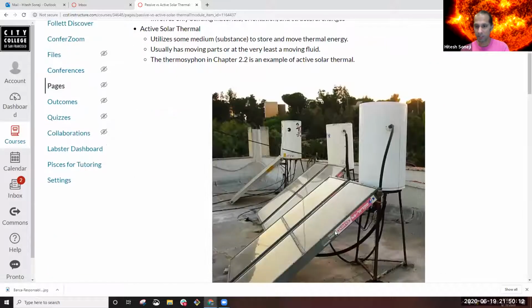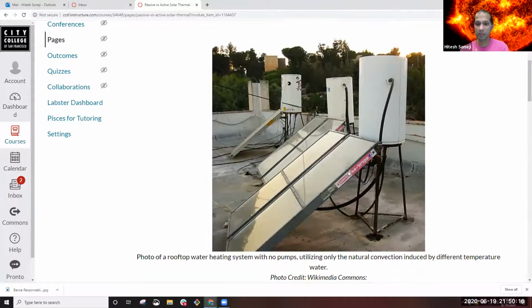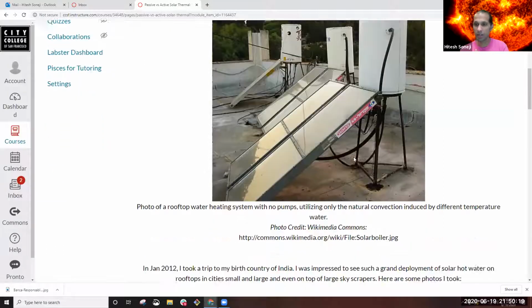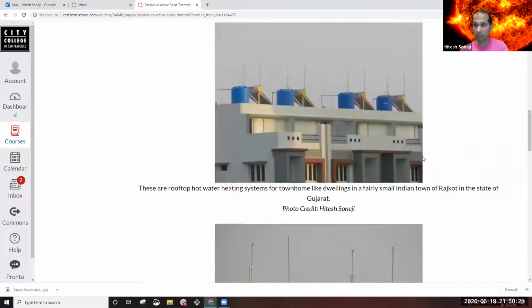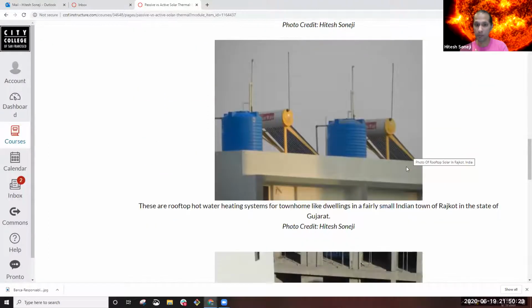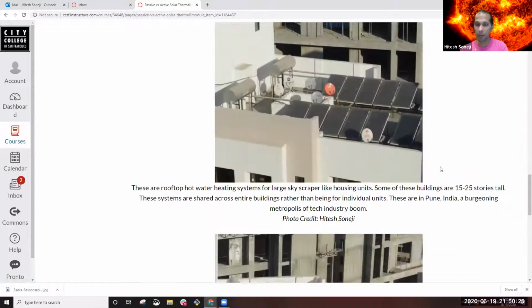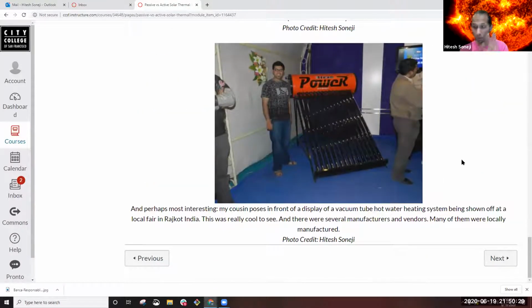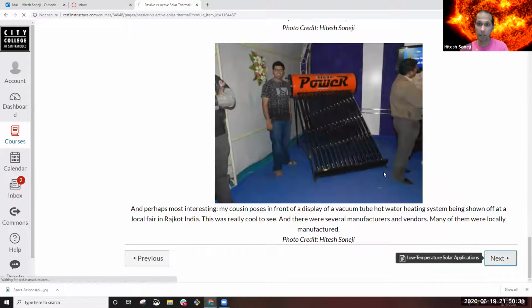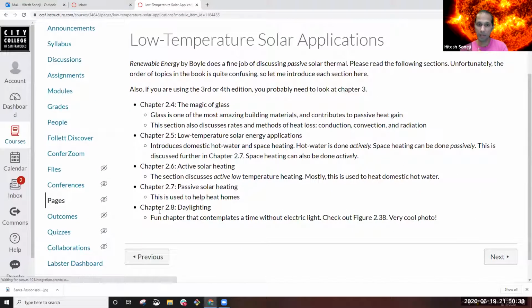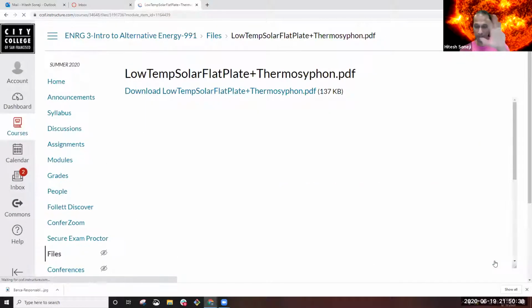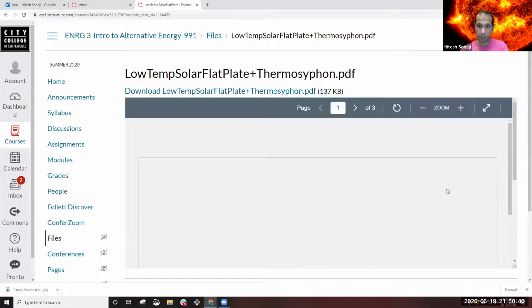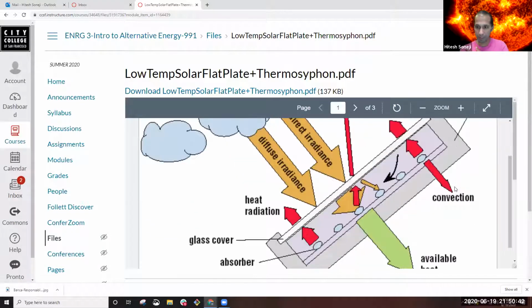Here you can see something that doesn't look very high-tech, and it's not that high-tech. It's really basic, simple stuff. This is an example of a thermosiphon, which I want you to make sure you understand. These are all thermosiphons. And you need to make sure you read that in Boyle and understand a thermosiphon. Here's some guidance on Boyle reading, but you need to read it all per the Canvas module.